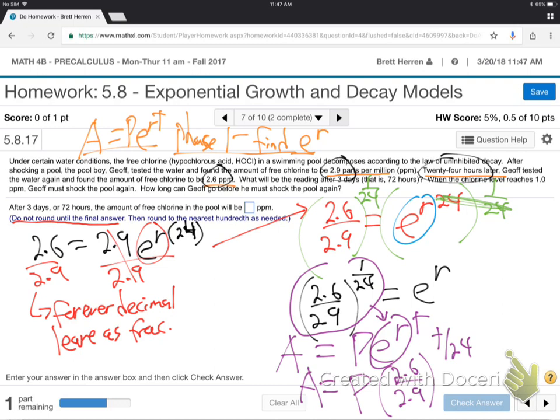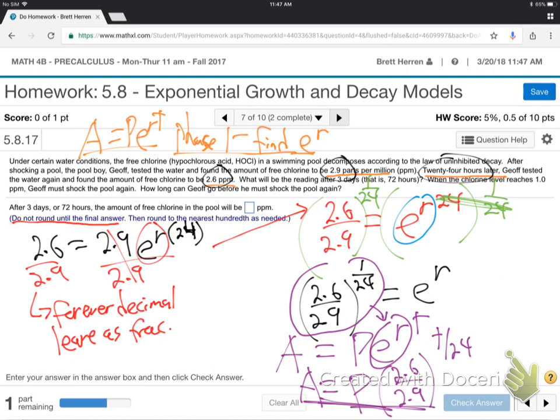Questions I can answer up to there. So now we can go on and answer the other two questions. It'll be easy, and I will do it. But I want to make sure we're good up to here. This is the hard part, the most important part. Does everybody see what happened there? Questions? See how the e to the r is replaced with the 2.6 over 2.9 to the 1/24? And then the T goes on the top? Okay, so now that we have this formula,